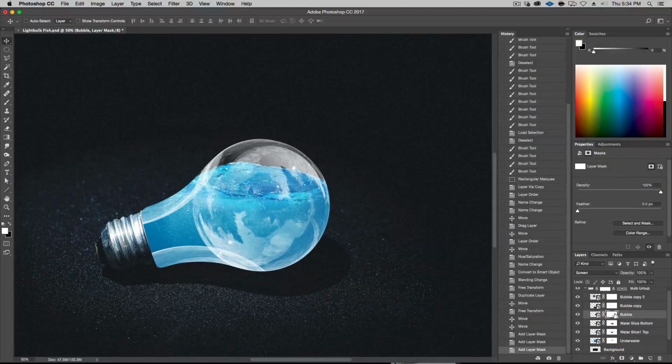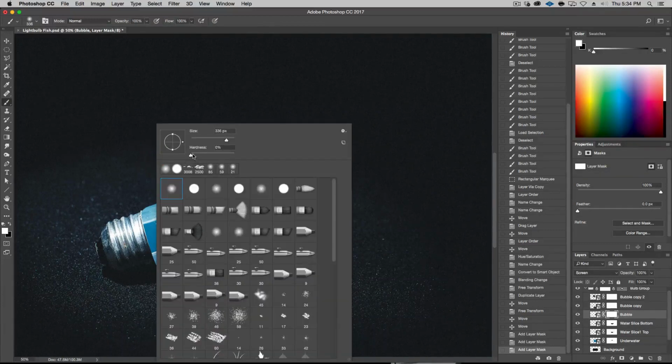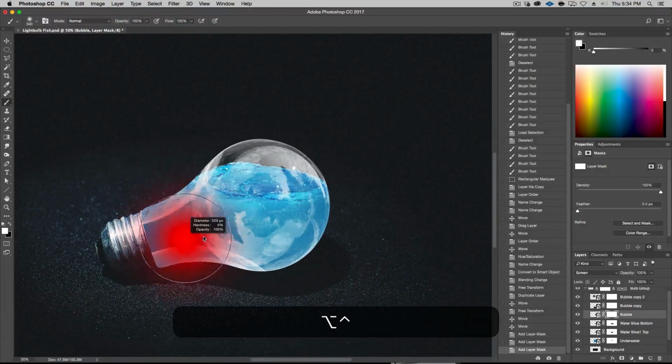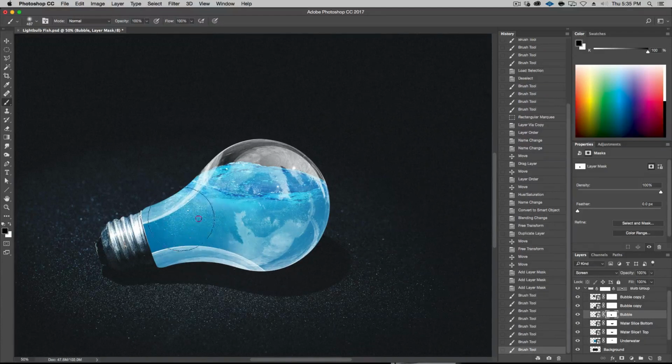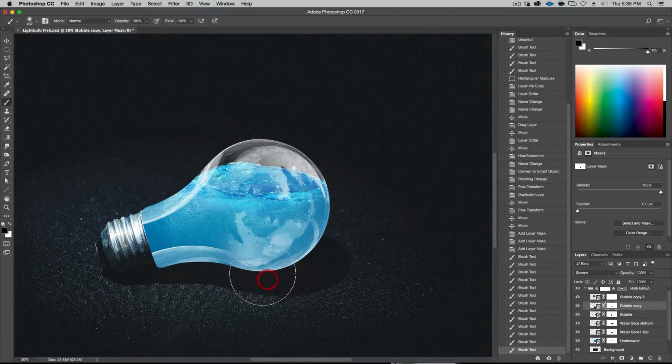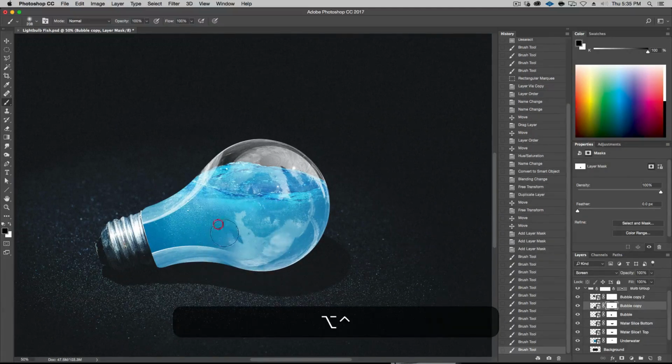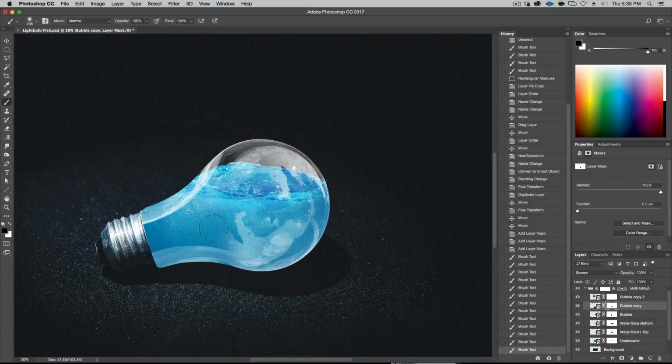Okay, go to this first one, and with the brush tool, make sure that you have no hardness at all. Make it pretty big, like so. We're just gonna get rid of this bottom bit because there's no edge there. All right, so black right here in the foreground, and let's just brush this edge out. Okay, that's pretty good. And then we'll go to this one, which is the bottom one here, and just get rid of some of this right here. Maybe a little bit of this edge, just so it's not quite as hard.